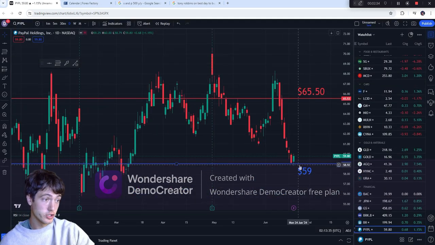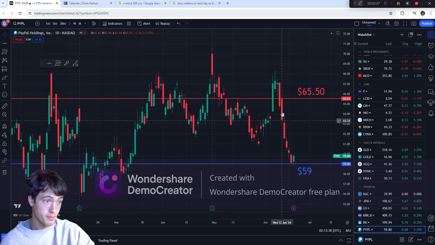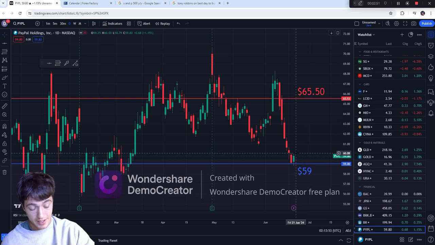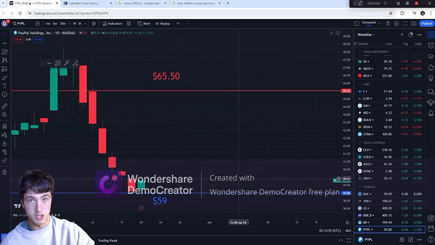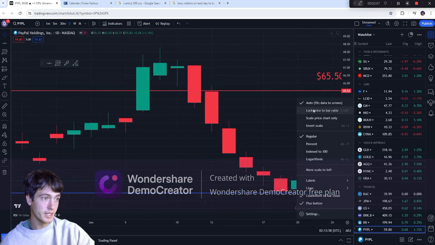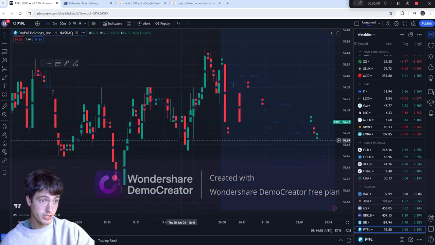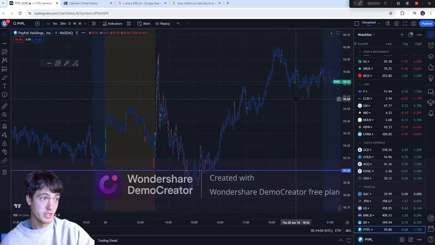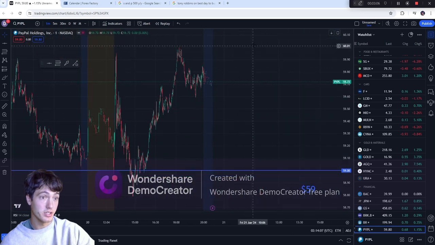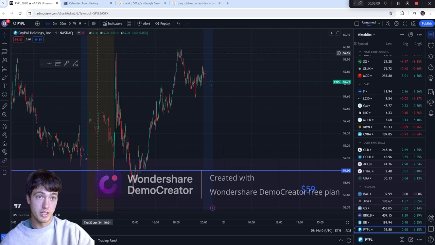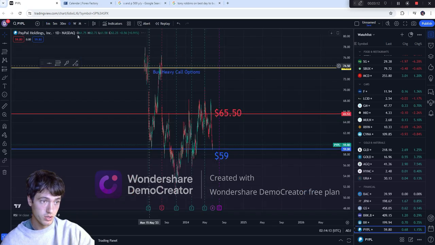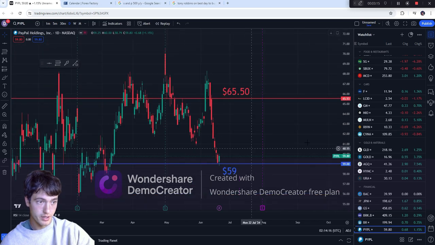I have support at $59. So you see how it had a big crash here. So it's at our support now. So just watch PayPal. We're going to want to see if it finds support here or if it keeps crashing. So either expect a fine support or a nice day movement up, because this would just be for scalping, like in the morning. You see how price today went up off this. So if price tomorrow wants to continue going up, right? So that's what we're going to be looking out for on PayPal tomorrow, so in the next few weeks.